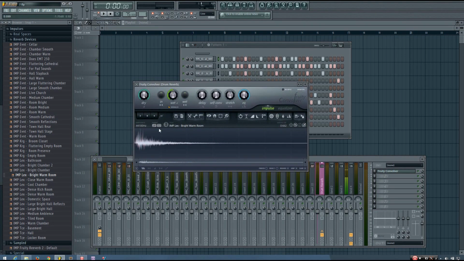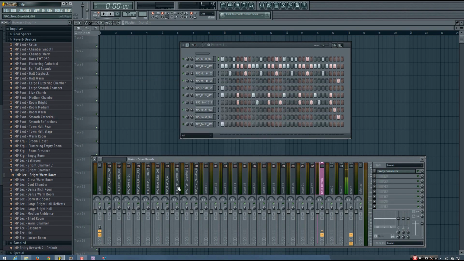And then the last thing I want to do is make sure I turn the dry level all the way down, because I want to make this a wet only reverb so that I'm not increasing the level of my original sound by routing it through the reverb. So I just took that dry level down, and now I can start playing around with routing the different sounds